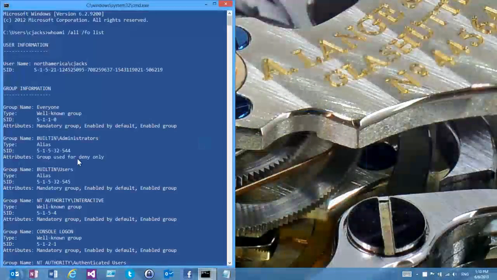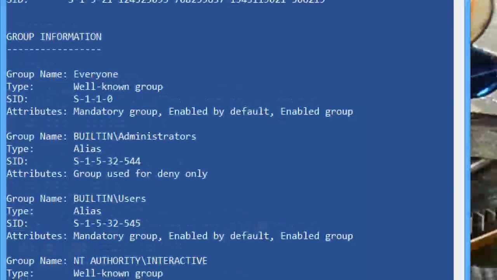So as I start to explore the differences, the first one that I notice is in the administrators group, where one of them just calls it a regular mandatory group, but my blue one, my non-elevated token, says it's used for deny only. This is a flag that's been around for a while that indicates I cannot use this entry in my token to be granted access to something. I can only use it to be denied access to something. So if I want to get into something in Program Files, that's a grant action. That's an allow. I can't use this entry to allow me to do something. I can only use it to deny me access to something. That's why I can't write there.